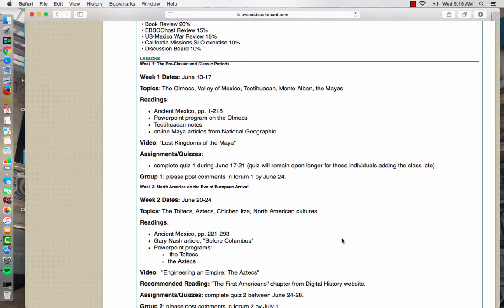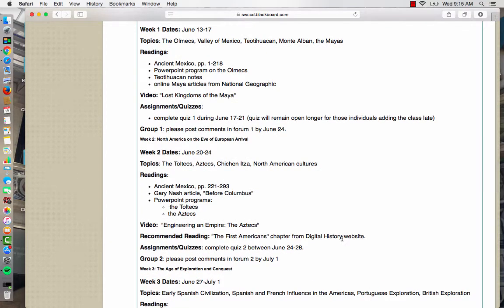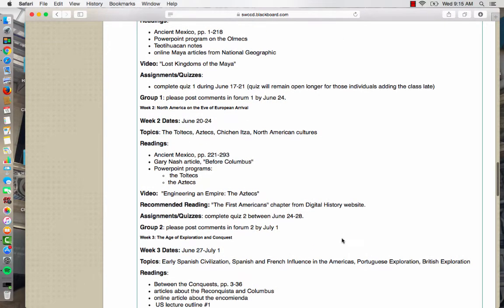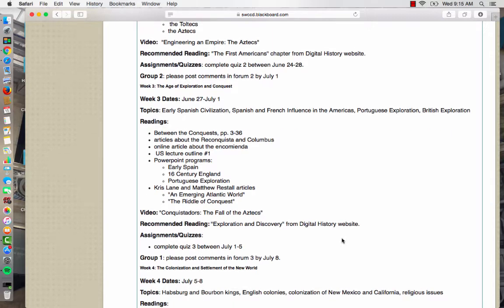But let me quickly scroll down, pointing out the topics we're looking at. This week we're looking at the Olmecs, the Maya, Teotihuacan. So we're combining the pre-classic and the classic periods this week. Next week, we start exploring the Toltecs, the Aztecs. That's the post-classic, and then coming up in the 3rd week, at the end of the month, we start getting into Spain and other European influences too. So a little bit about the Portuguese, the French, and the English. We'll get into those guys too, but for the most part, the Spanish will be the major player that we'll look at for about the midway point here in the class.